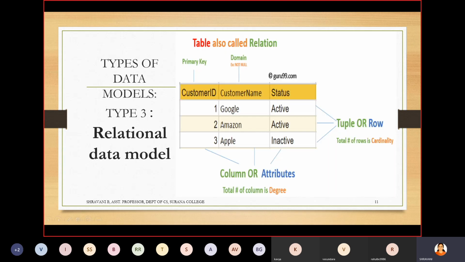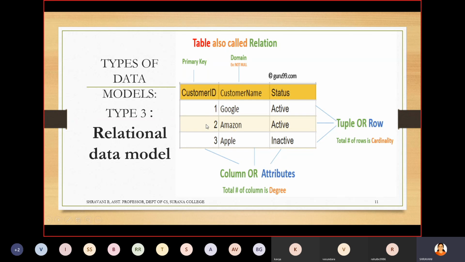See how it is structurally independent. I will just take this number 2, that is the customer ID of Amazon. If I just take this detail, independently I can take all the complete details of that particular customer, Amazon. I need not go by tree structure, or by some other method. Directly I can take that because Amazon alone here is independent.